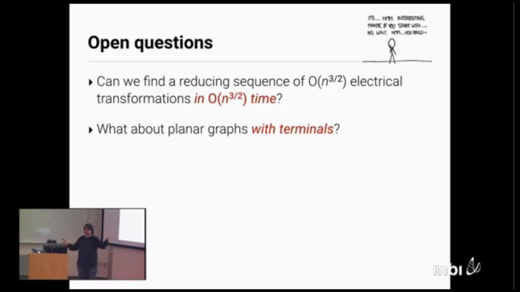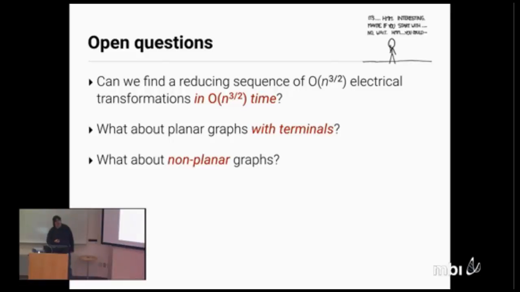I need to know the resistance between P and Q, so I can't execute any electrical moves that delete P and Q. So we need to extend the algorithm to planar graphs with terminals. And then there's some interesting questions about other families of graphs that can be reduced that aren't necessarily planar. But the most important question is, even if we do all this, even if we come up with the right algorithms,